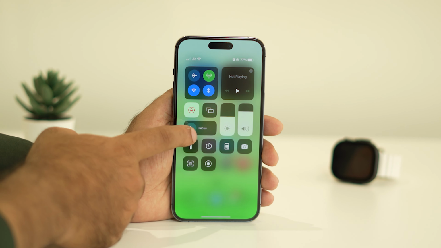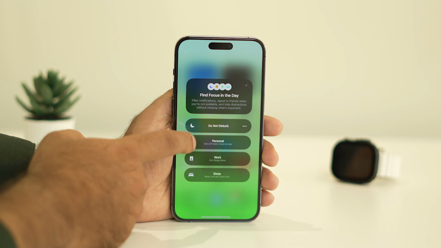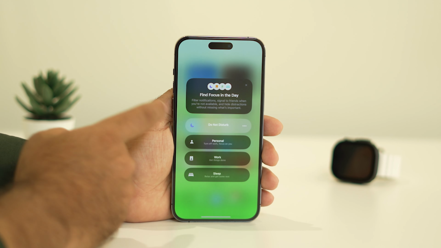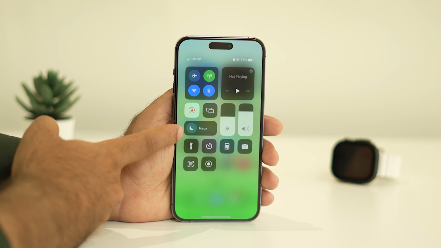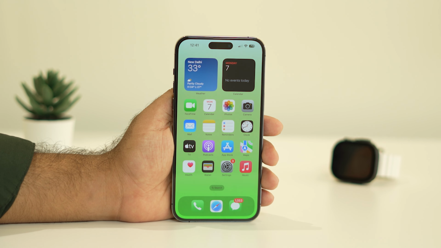As you can see, this is the do not disturb mode. So right now, if you tap on this one, you can see the do not disturb mode is turned on. If the do not disturb mode is turned on, you will be having trouble receiving the vibration. So you have to keep in mind, if it is turned on, you have to turn this off. Also keep a habit to cross check it is turned off as well. So once you are done with this one, if still the issue is persisting,